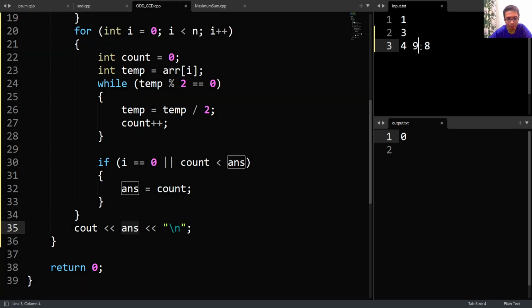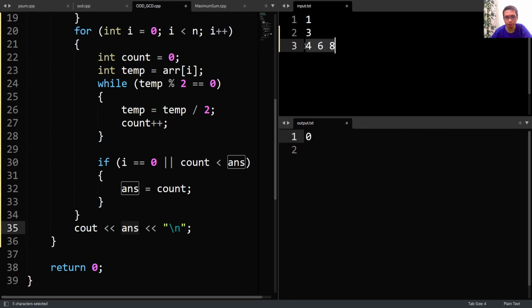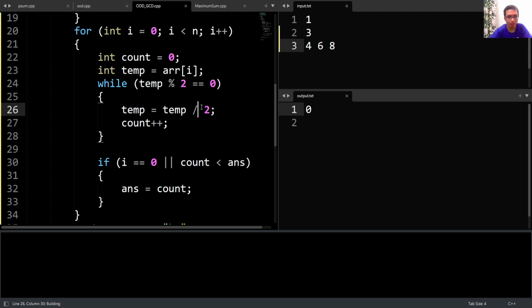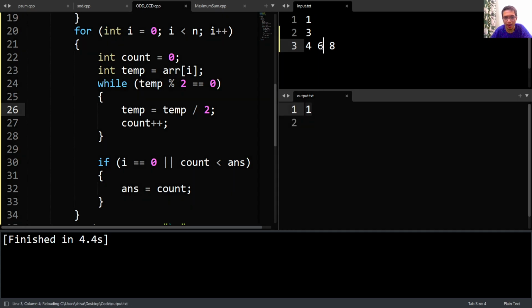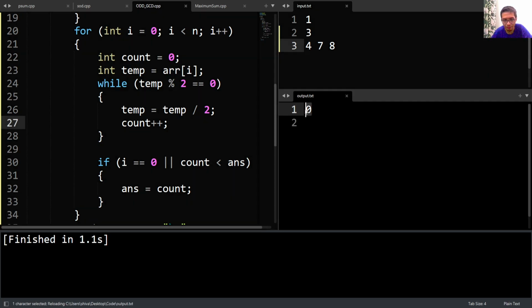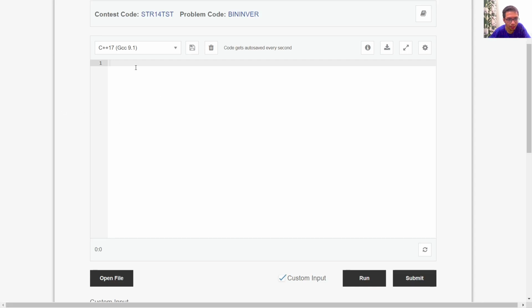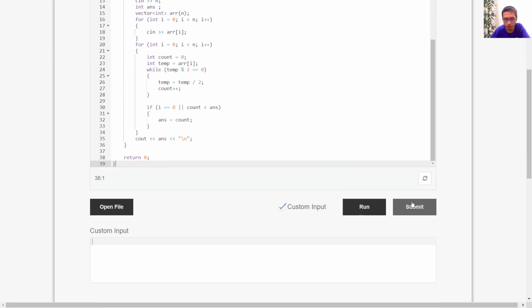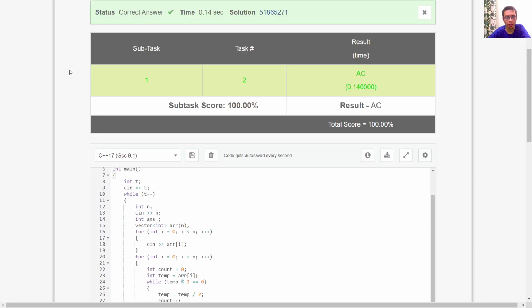So if let's say I have these 3 array elements as 4, 6, and 8, for this, our answer should be 1, as we can divide 6 by 2. So our answer is 1. And if let's say we have an odd number like 7, so now we should get a 0, right? So here we have a 0. So let's just submit the code. So I'll click on submit. So here we can see that